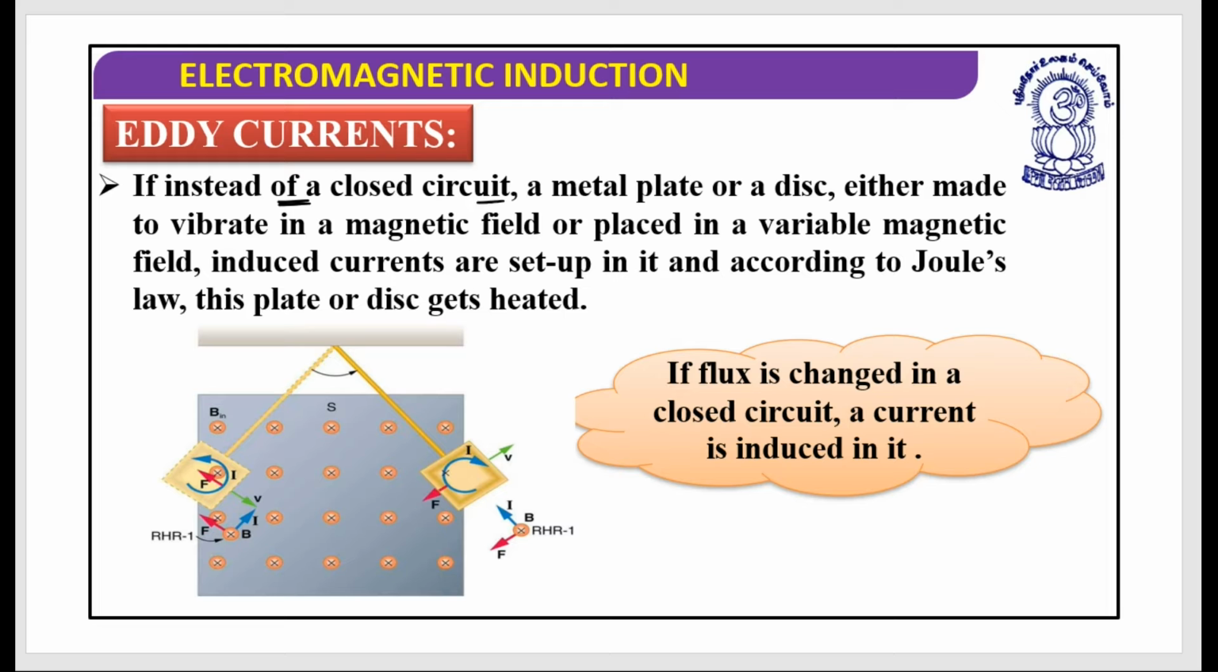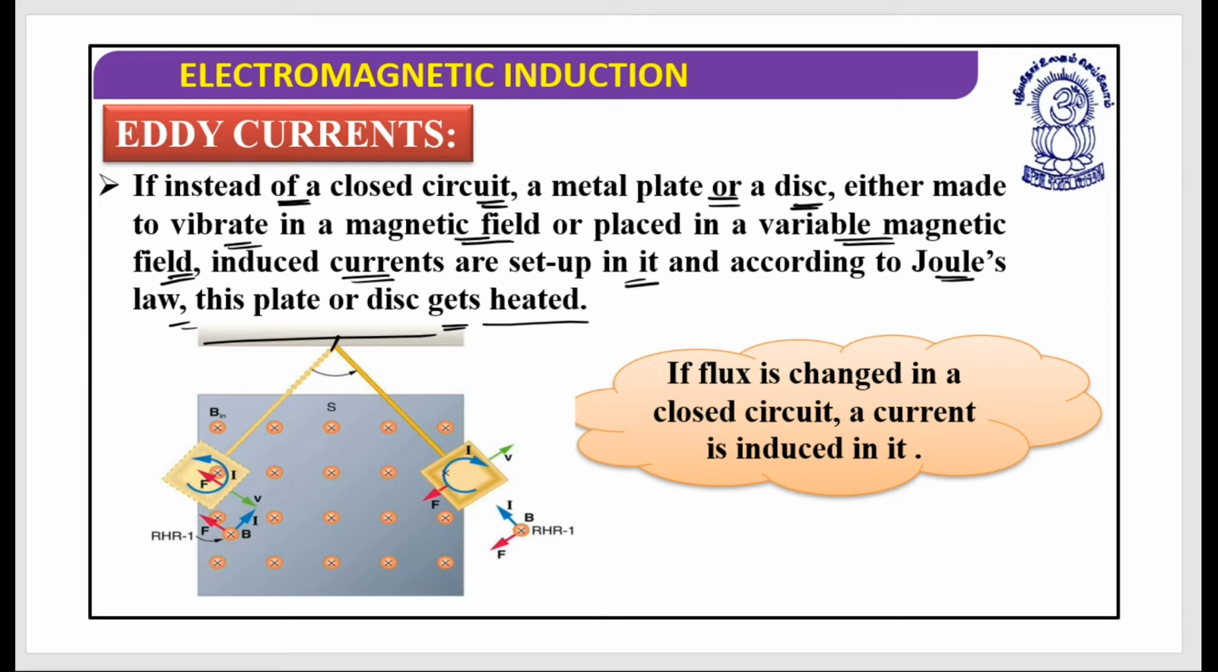Let's suppose that instead of a closed circuit, a metal plate or a disc is made to vibrate in a magnetic field, or we can say it has been placed in a variable magnetic field. Then we understand that this will create an induced current set up in it, and according to Joule's law, this plate or disc gets heated. So what we are supposed to do is that this is the rigid support, and with this rigid